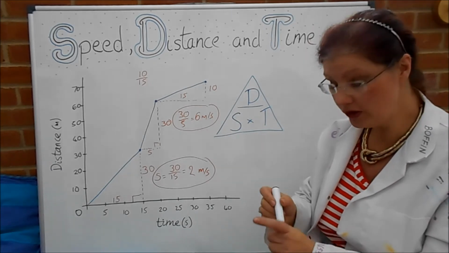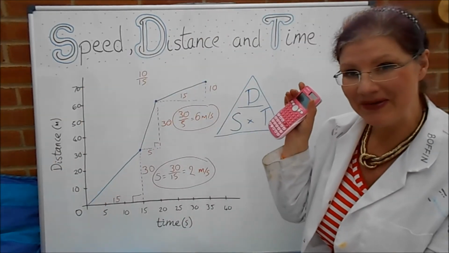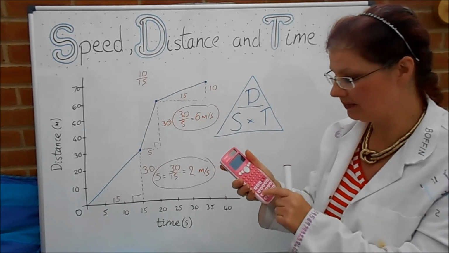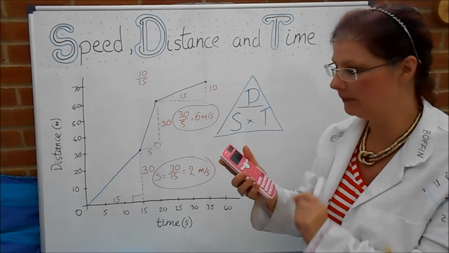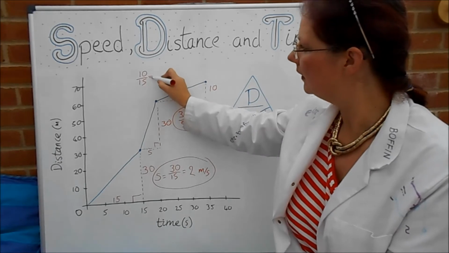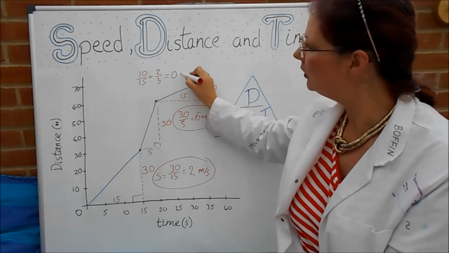Any thoughts on that? Well, if you're not sure about doing those kinds of divisions, just grab your trusty calculator. Okay, so we go 10 divided by 15. You're going to get a 0 point, yes, because it's divided by a bigger number. So we've got 2/3, which we knew anyway, didn't we? Yep, 10 over 15 is equal to 2/3, which your calculator should give you